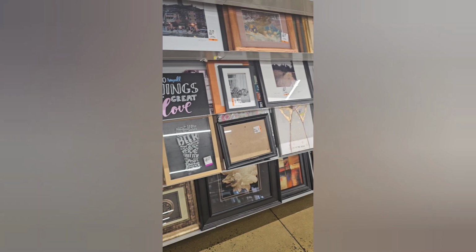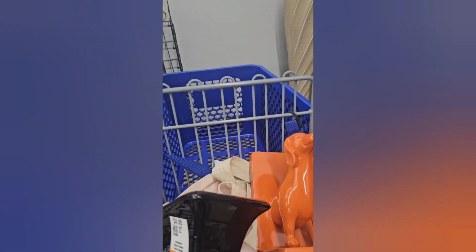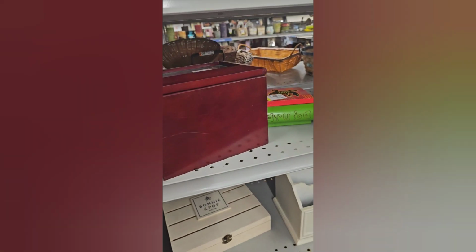Anyway, I'm looking at all the pictures and the signs and the frames. They have 2 walls of this in this particular thrift store. This is what I call the expensive thrift store. As you can see, there's a dachshund. Is he not the cutest thing? There wasn't the other end. The other end probably got broken, but